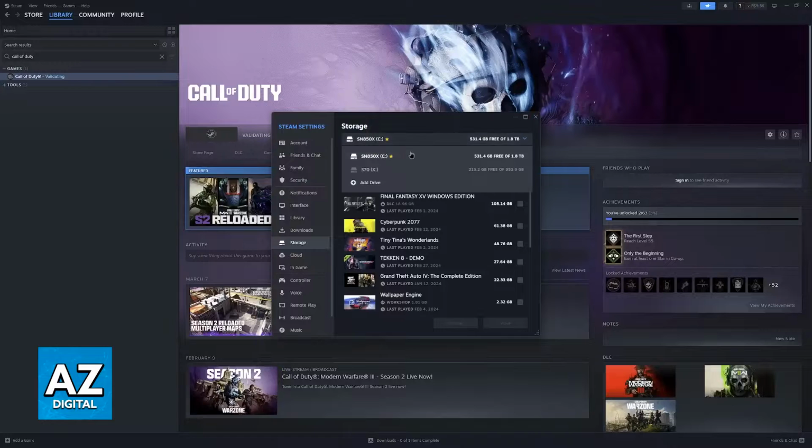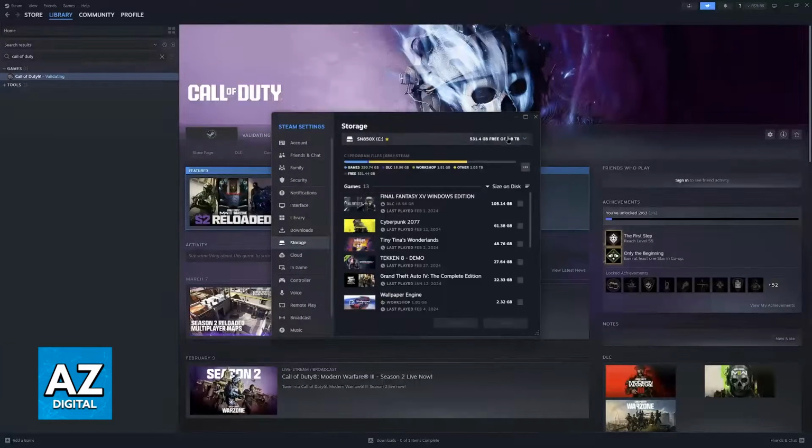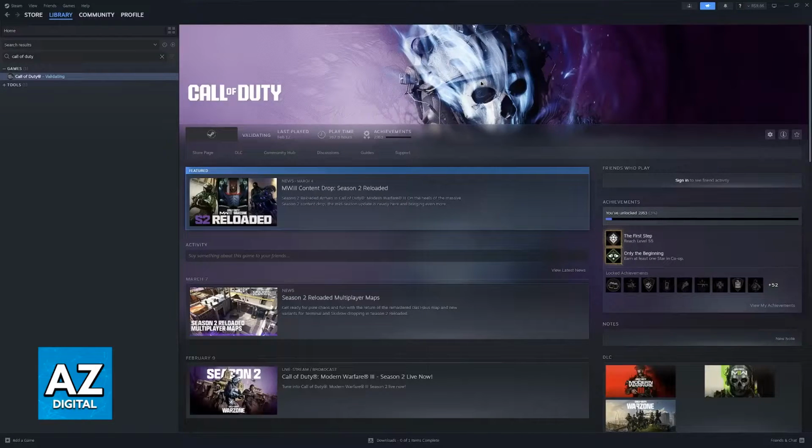The next thing to check is your storage space. So go over to storage, you will be able to see all of the drives on your PC, and if you notice that one of them does not have the necessary amount of space, then you will have to delete some old stuff. Usually Steam is going to warn you, but sometimes maybe it is not going to detect that it doesn't have enough space and it's just going to start installing even though it can't finish the installation. So I would recommend that you go ahead, you take some of these boxes to uninstall games that you haven't played in a while. With all of this out of the way, as long as you have the downloads properly set up in the storage tab as well, you will be good to go.